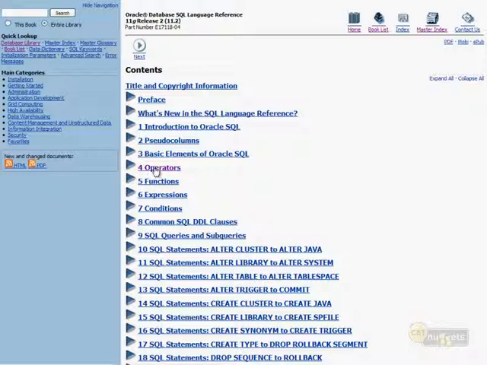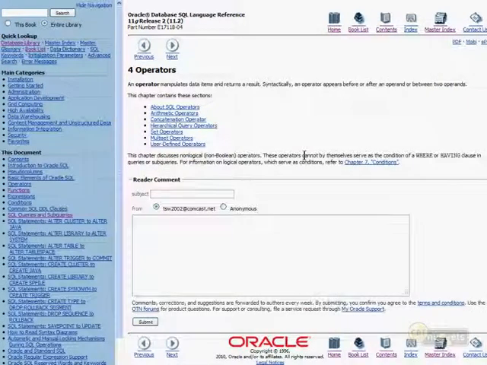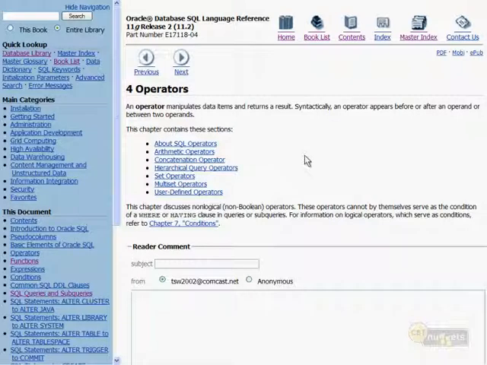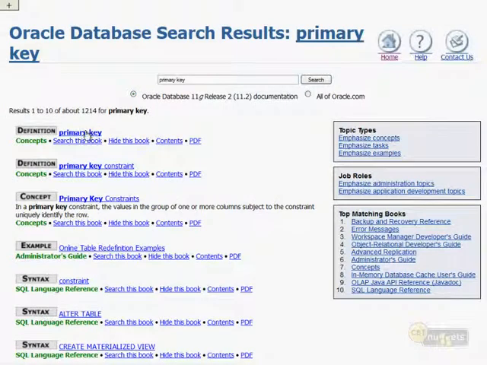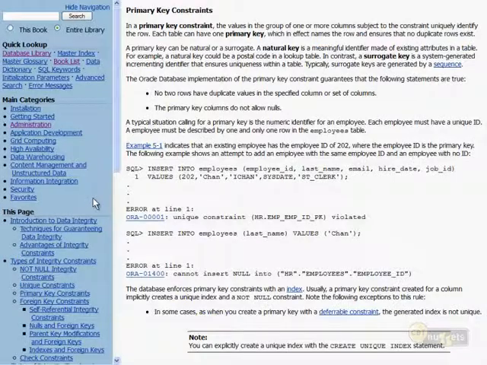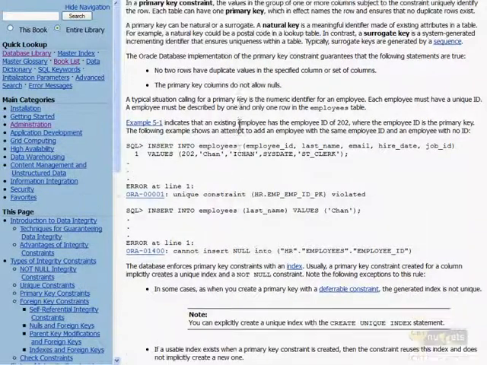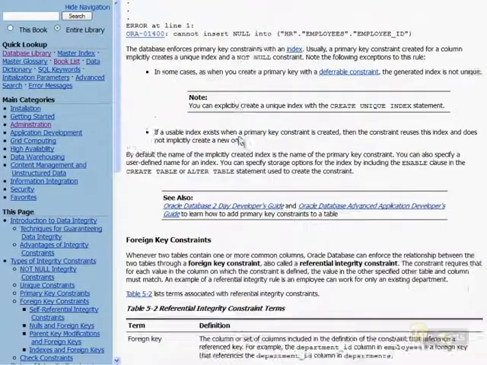Now, let's go into a particular book, and like I said, they're really nicely written. They're easy to understand. They have great line art, great illustrations, and you can find answers to any questions you could possibly want. Like, let me look up primary key here in the search engine, and we come back with straight definitions, and then concepts are generally after your definitions and your search relevancy. Note that you can search just the current version's documentation or the entire website. If you go to the concepts book, that's where you're going to get the most meat most of the time. So here we're discussing the primary key constraint, which we've already learned about, giving us examples, sample code, and so